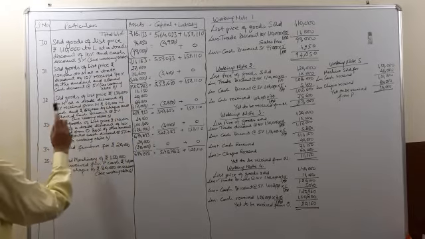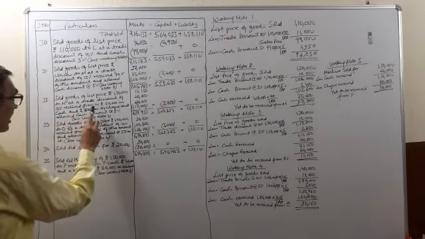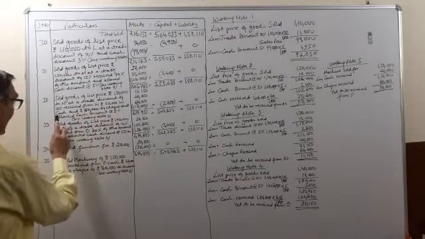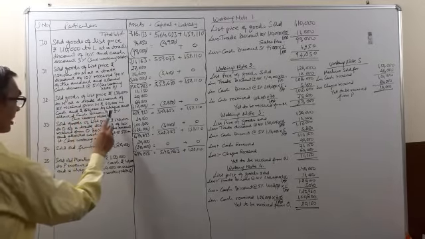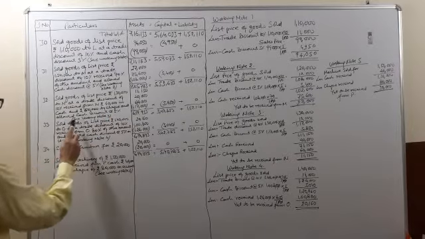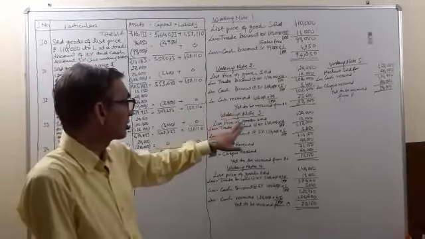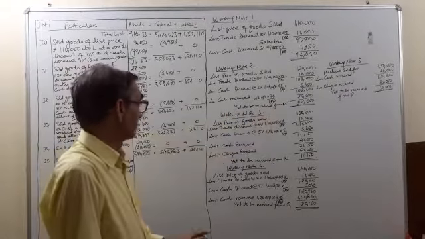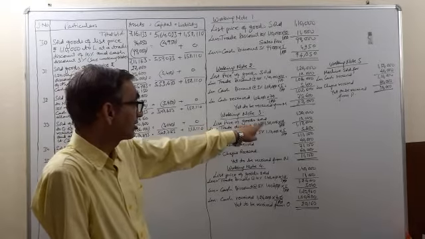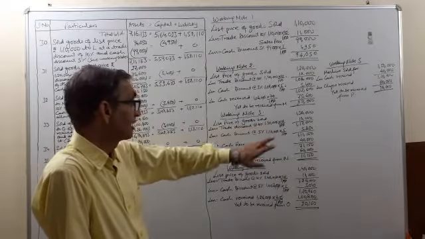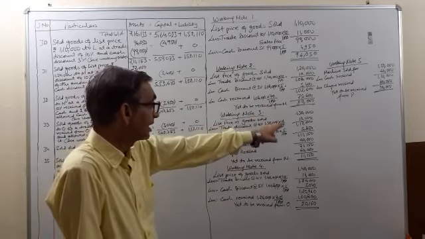Now 32nd transaction, sold goods of list price rupees 1,30,000 to N at a trade discount of 10%, receipt of rupees 40,000 in cash and rupees 60,000 by check and allowed cash discount at the rate 5%. See working note 3. Now the working note 3, the list price of the goods sold are 1,30,000. We will subtract the trade discount at the rate 10%, 1,30,000 into 10 by 100. It comes to 13,000. The amount left is 1,17,000.